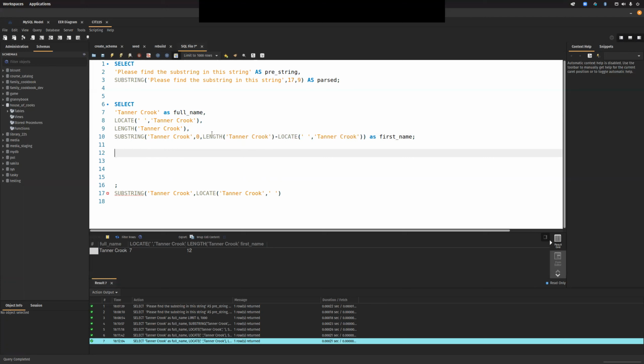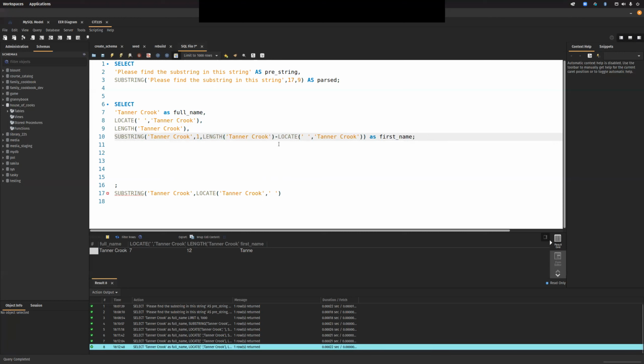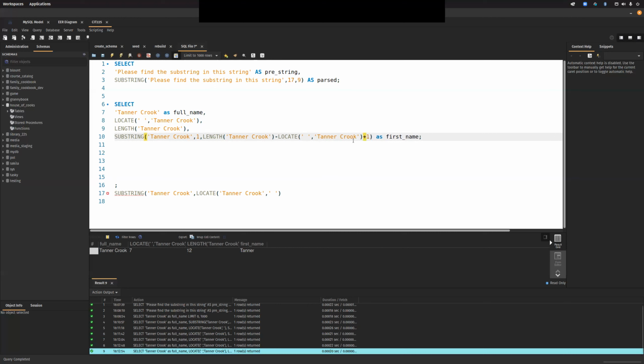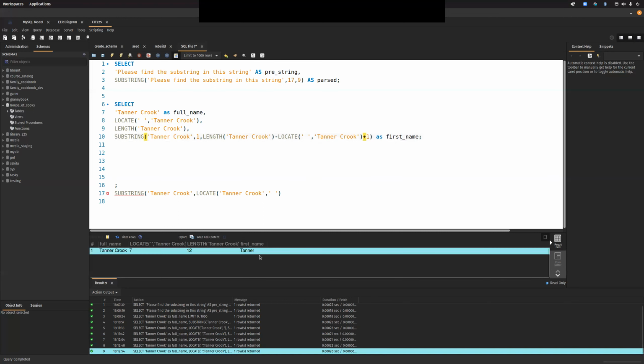So we're taking the length minus 4. Oh, and this still got programmer brain on. There we go. Okay. So you can see how we can use a variety of functions together,